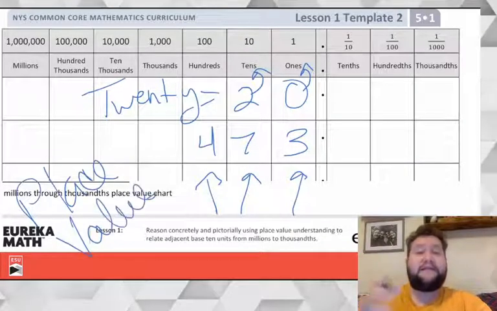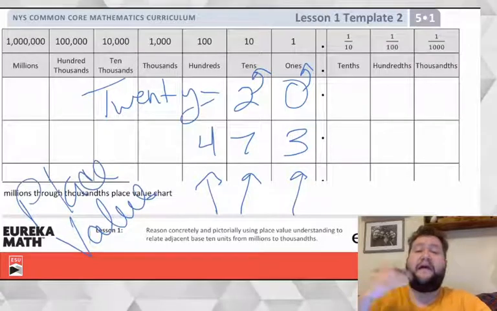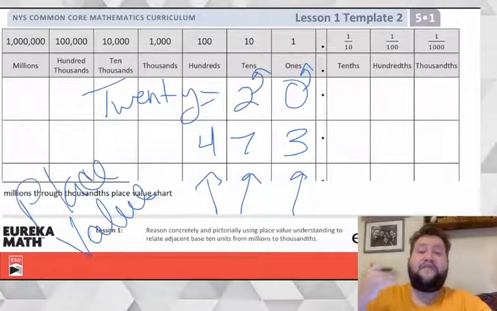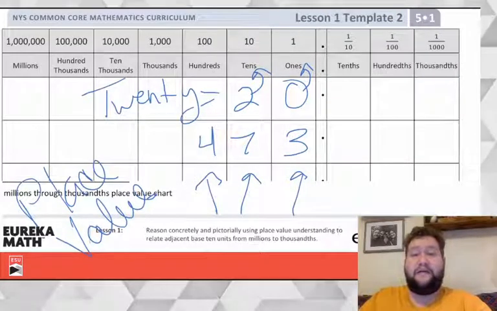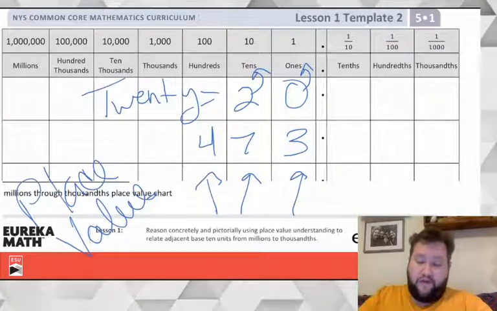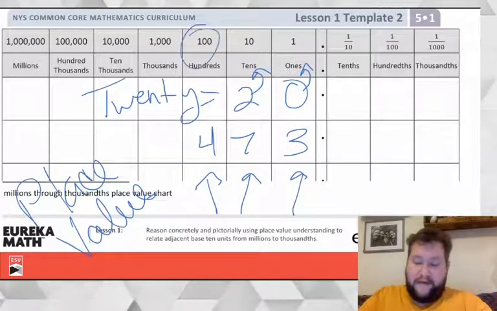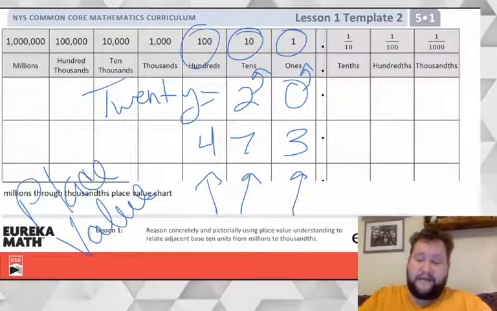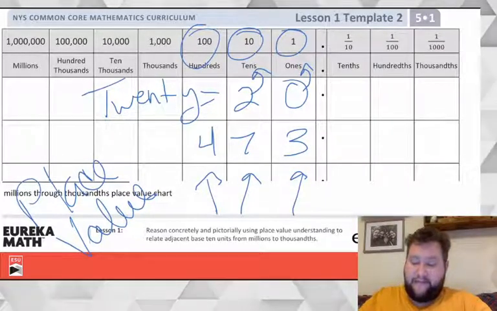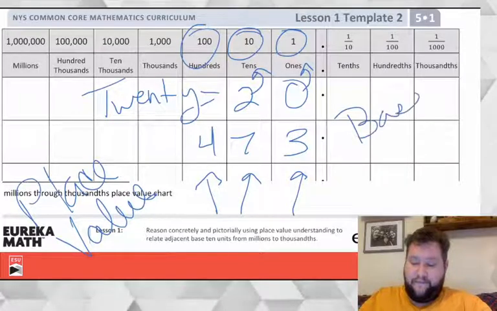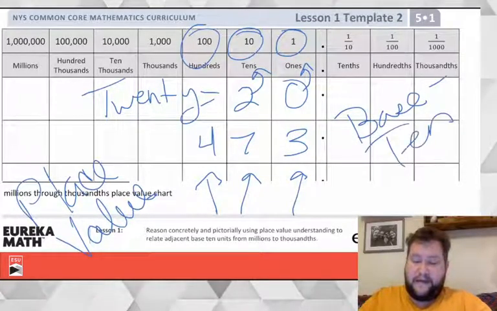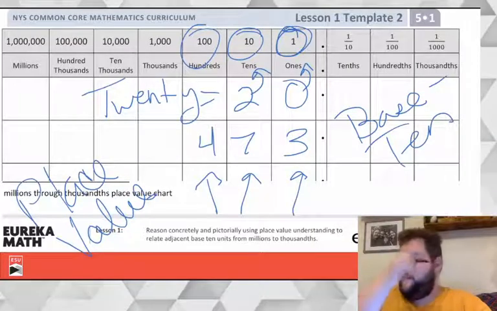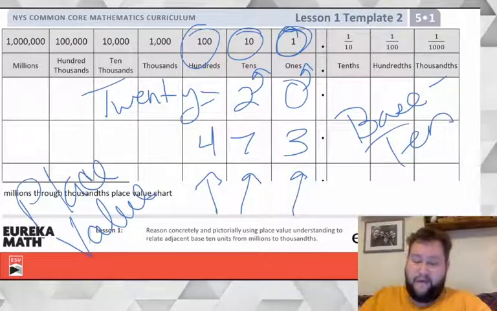Each of these has a quantity, or it has another meaning, right? Because it's not just 4 and 7 and 3, it's 4 hundreds, or 7 tens, or 3 ones. Remember I said we call this base 10 because we have 1 ten, and once we have 10 ones, we rebundle